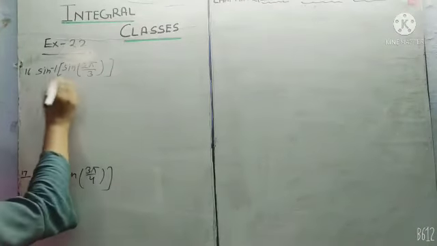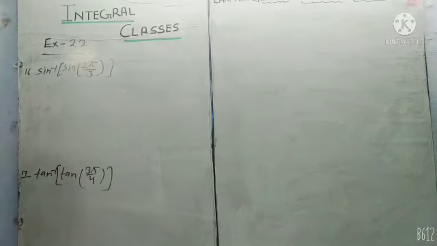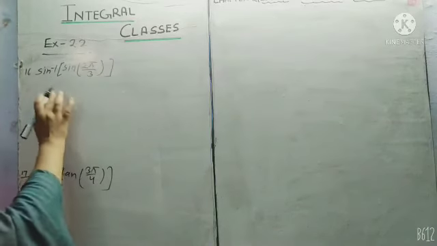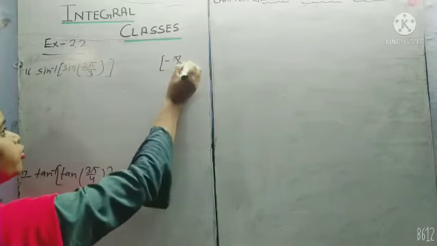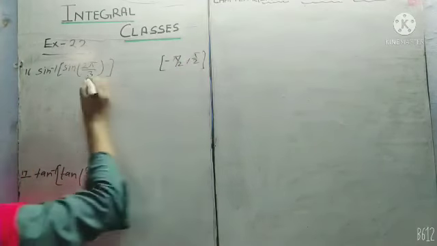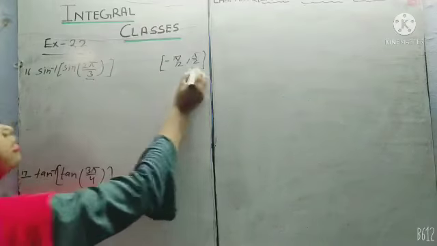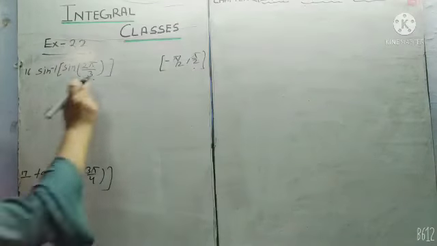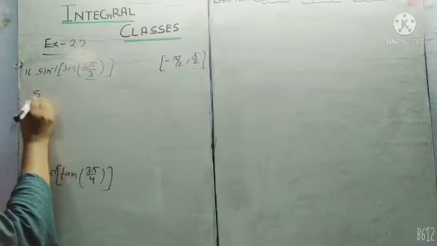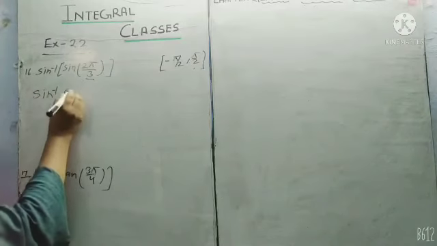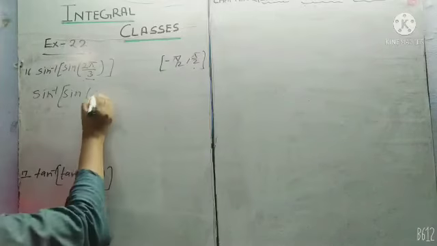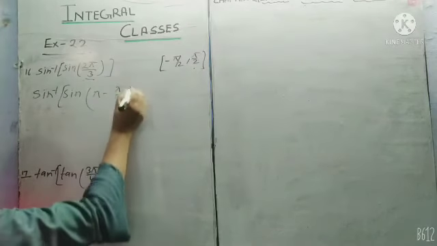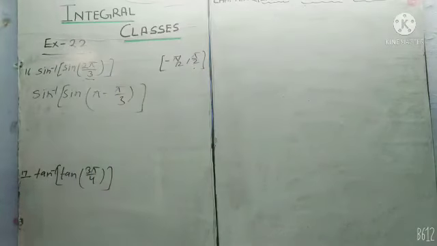Question number 60: sin inverse sin 2 pi by 3. Now student, we know that the principal value range of sine is minus pi by 2 to pi by 2. So this angle does not exist in this interval. So first of all we will change this angle. So how can we change it? Sin inverse sin, we can change to pi minus pi by 3. Pi minus pi by 3 we can write as 2 pi by 3.